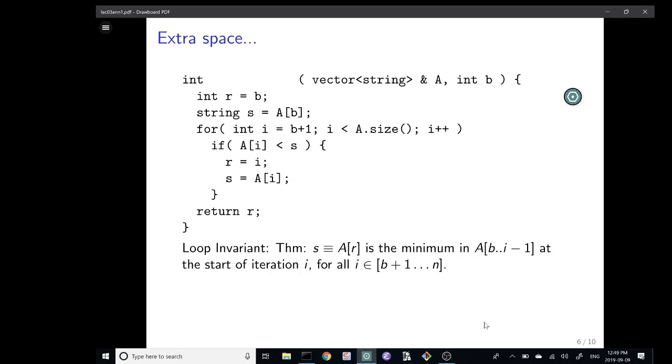That is the theorem that we want to prove. That's the theorem that's proved in the notes that are on the web. We'll probably get to them next time.